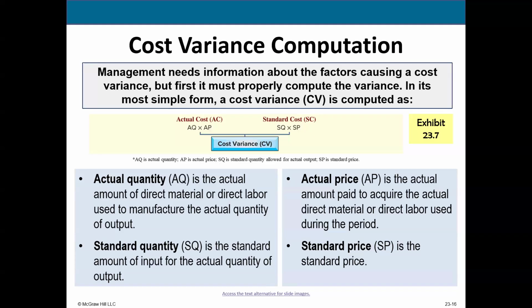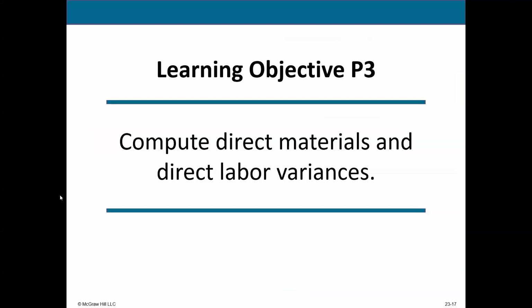And so the first thing that we would do here is compute that cost variance. And the way we would do that is we would take the actual price and multiply that by the standard quantity. Actual price times the standard quantity is going to give us what the variance implied should be, right? Actual price times the standard quantity is going to be the variance, what it should be. So I'm going to show you what this looks like here.